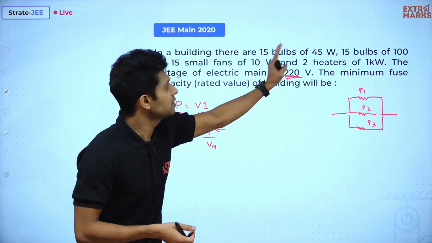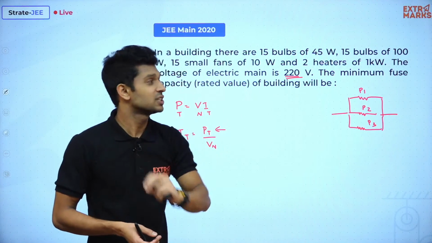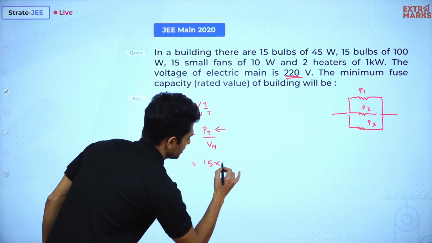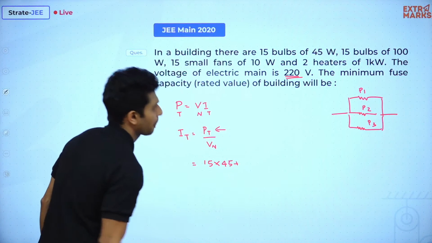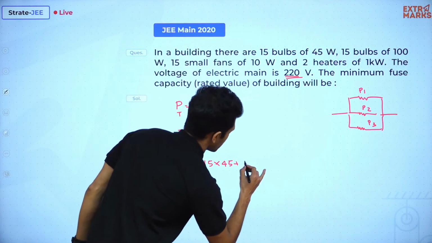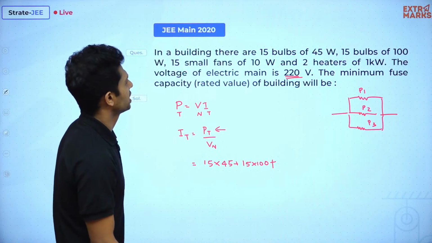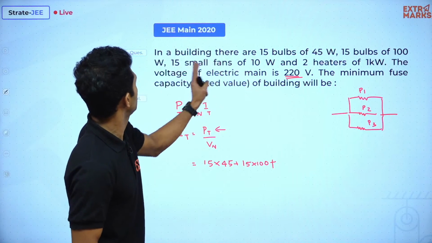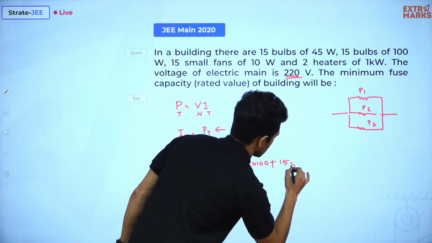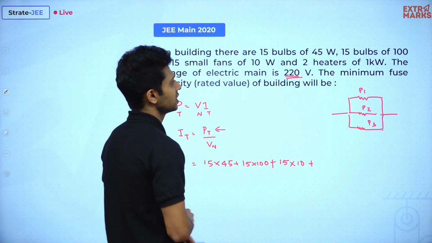Look, 15 bulbs of 45 watts are there. So how much should be the total power delivered? 15 into 45. Then what else? 15 bulbs of 100 watts are there. So its power is 15 into 100 plus... who else? 15 small fans of 10 watts. Oh, this is a big house, right? A very big house. Okay. And 2 heaters of 1 kilowatt. So 2 into